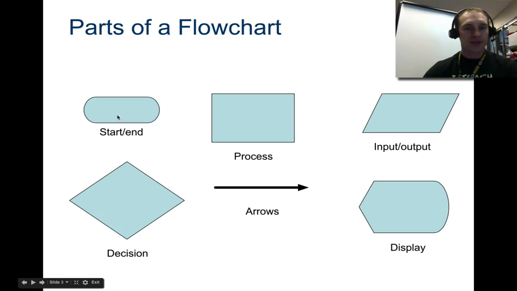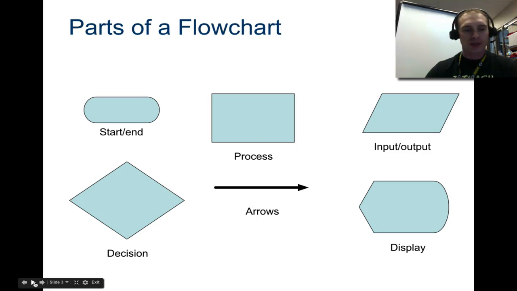All starts and ends will have this oval. All processes, maybe if you're displaying some type of output, it's going to have that rectangle shape. The inputs, if you need a user to input some type of number, then you're going to have this parallelogram thingy here. A decision, a yes-no decision, will have a triangle, and it's almost always a yes-no decision. And occasionally you would have this as a symbol for display. We don't see that too often. If you're going to have some type of just a display but it doesn't need to output a number, you might see that